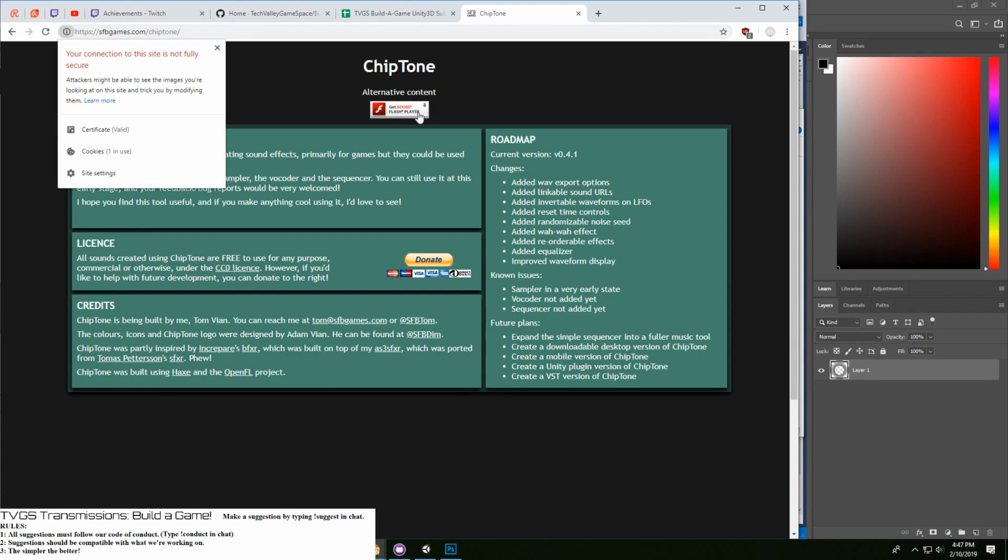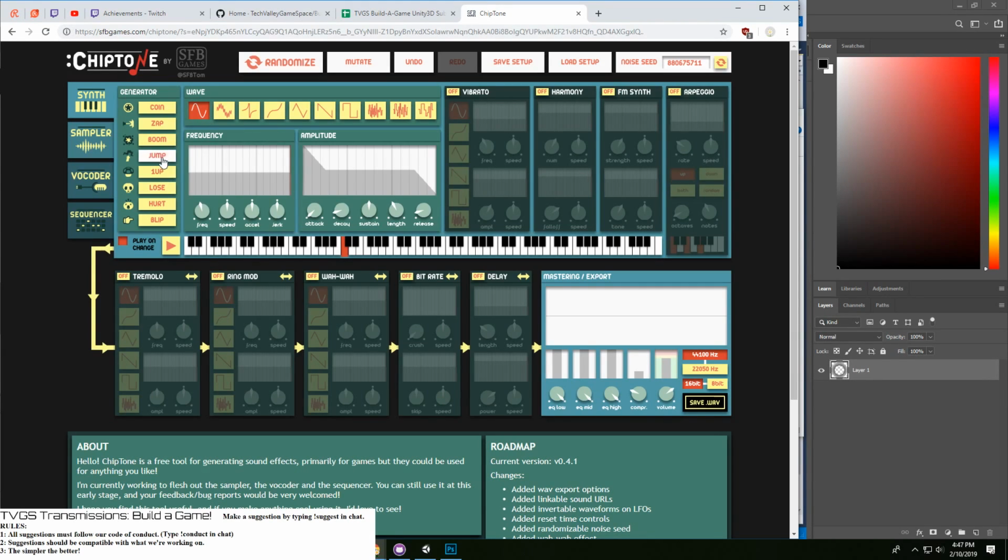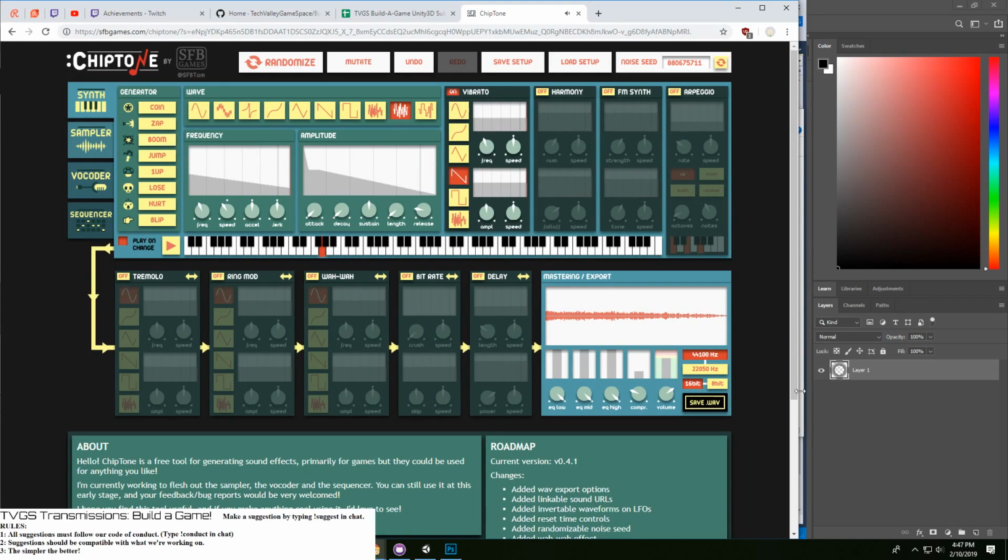Your connection to this is not fully secure. Allow. So, that's not loud enough on my computer.